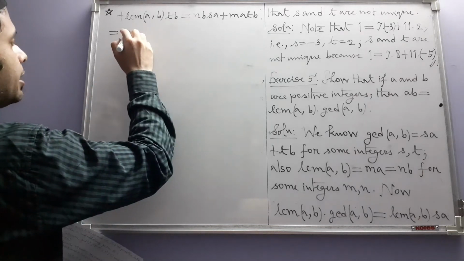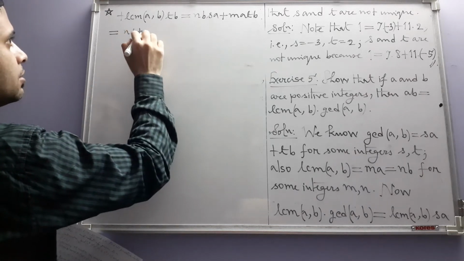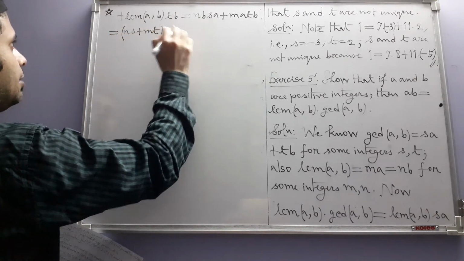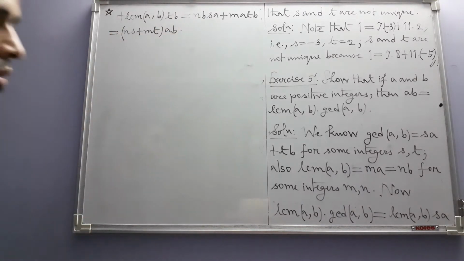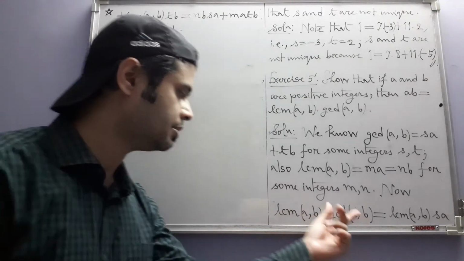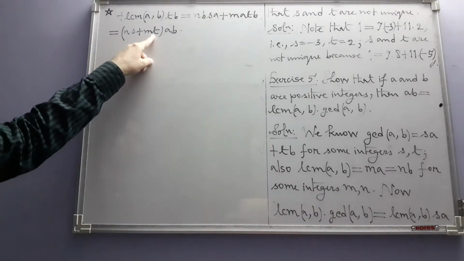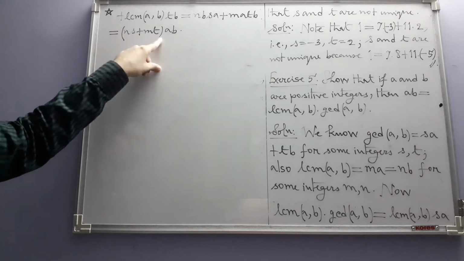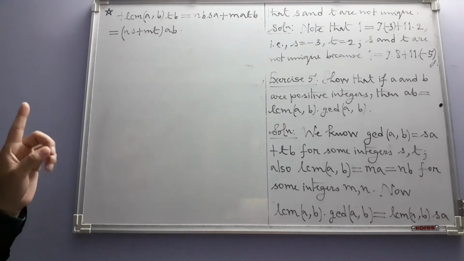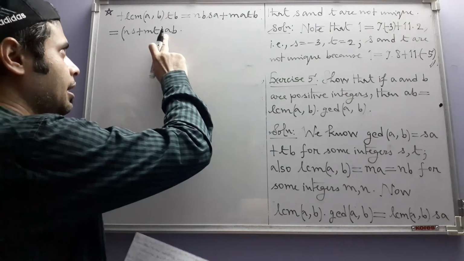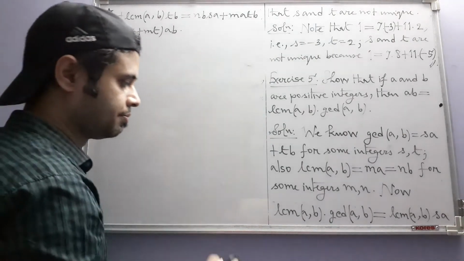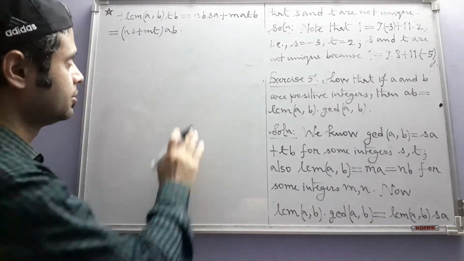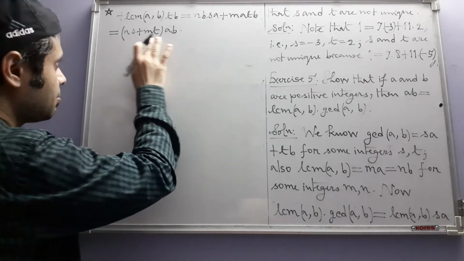like this: n times s plus m times t, times ab. Now you look at this equation. LCM times GCD is equal to ns plus mt times ab, where n, m, s, t are all integers. But the point here is that a and b are positive. LCM and GCD by definition are positive. So this should be a positive integer,